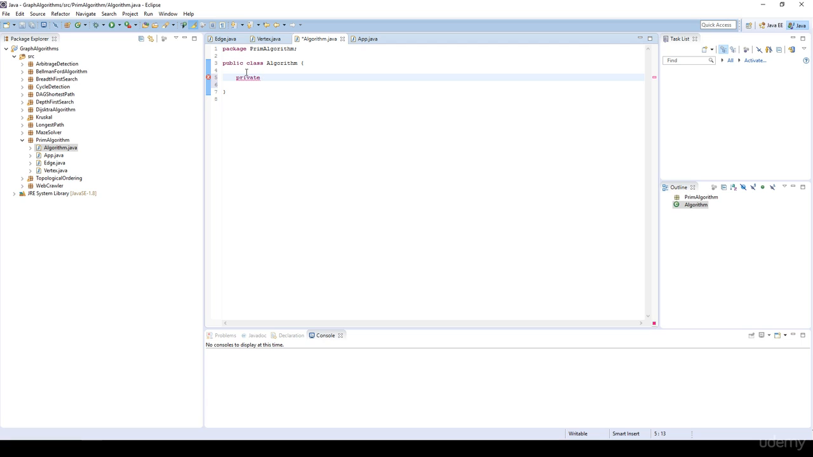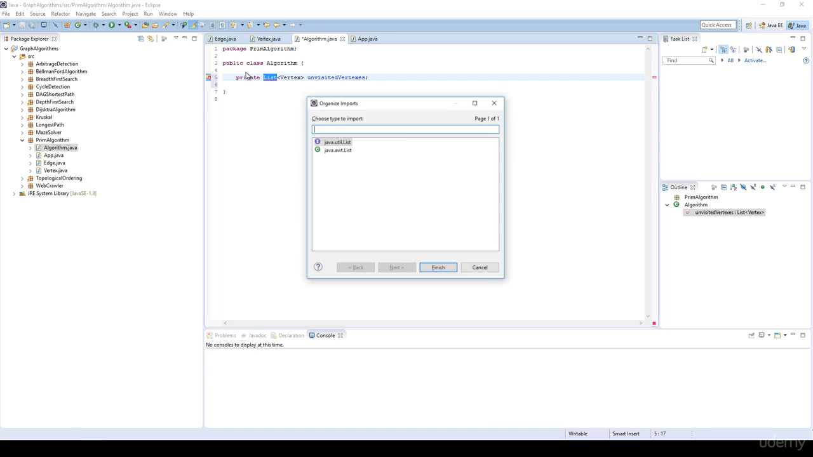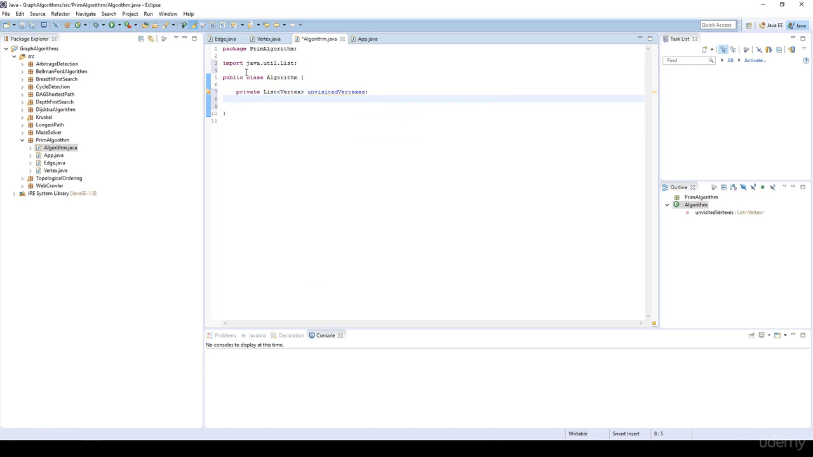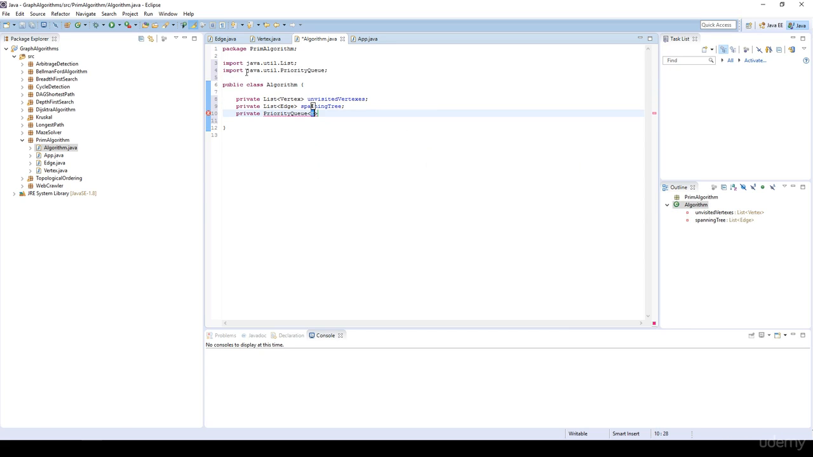So we will have a private list of vertices, the unvisited vertices. Okay, we have to import the java.util.List. I'm going to have a list of edges. It's going to be the spanning tree itself. Then I'm going to have private priority queue, because we are going to use a priority queue for making the